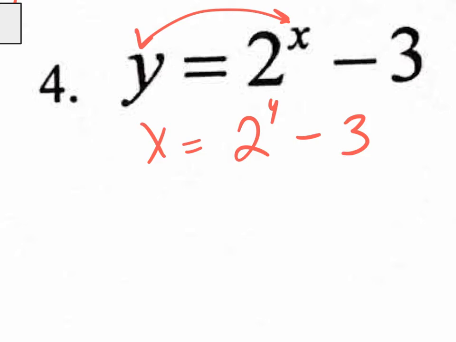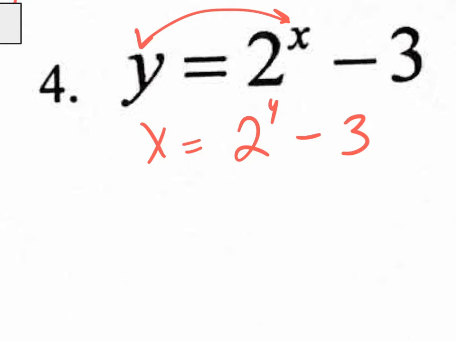You don't use razor. Okay, check this out, guys. If I have a times 3 and I want to get rid of a times 3, I'm going to do the inverse, which is divide by 3. If I have a plus 5, I want to get rid of it by subtracting 5, right? The inverse operation, right? What is the inverse of an exponent? A logarithm. What's the inverse of a logarithm? An exponent. So if I have this y as an exponent, I need to get rid of that exponent by